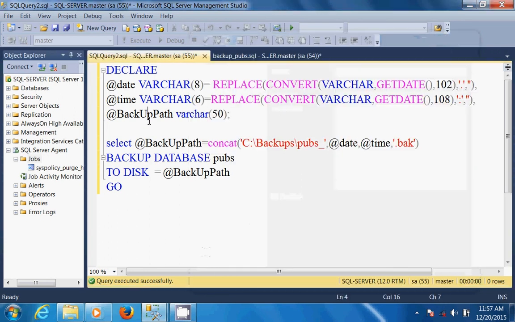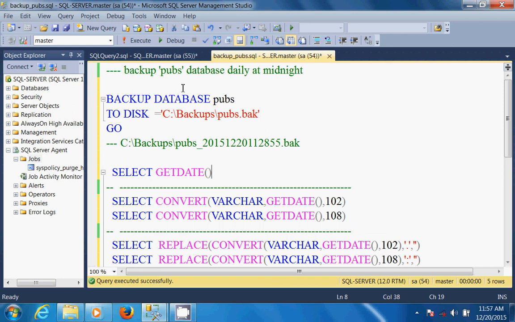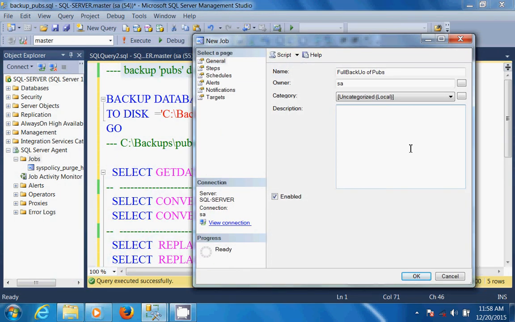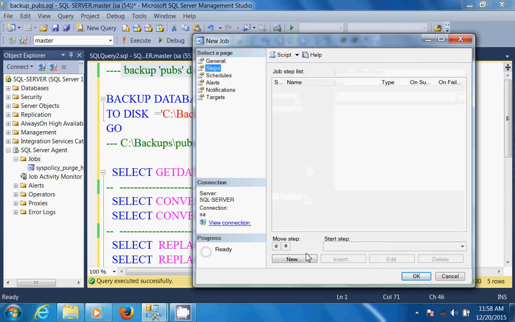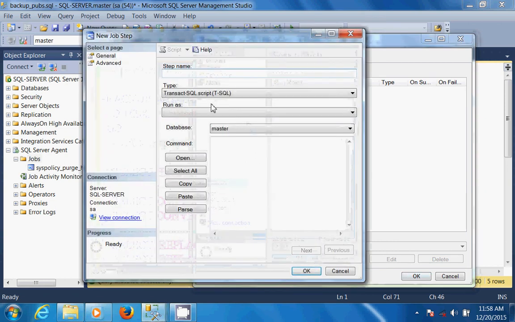What is the description? Let's copy from here: pubs backup database daily at midnight. This is to help other developers understand. So I am creating one step right now. See here, this is the step.